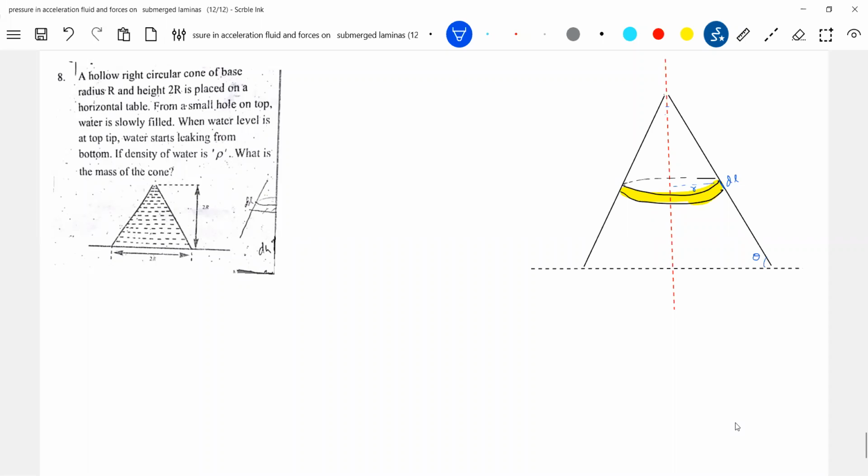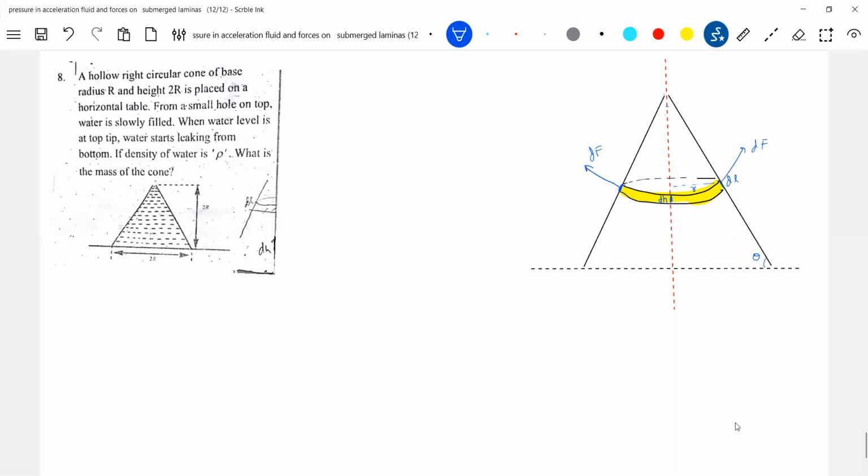Normally, if I take a strip, so if I draw only on this side, I'll show it here. The force will act here. At every point, it will be there. I'm showing it at one particular point. Is it only at one point? No, at all points on this circular strip, the force will be in this direction. Okay, this width, let it be dh.